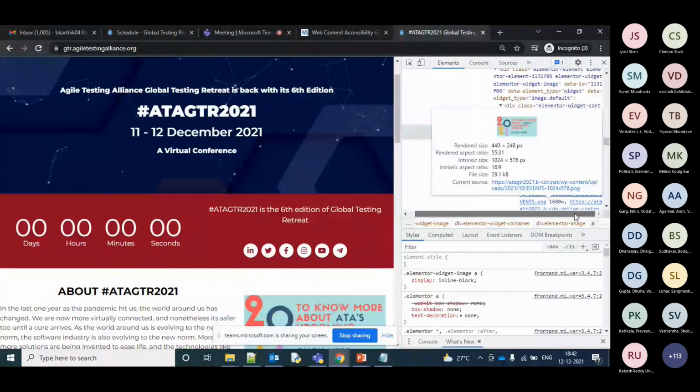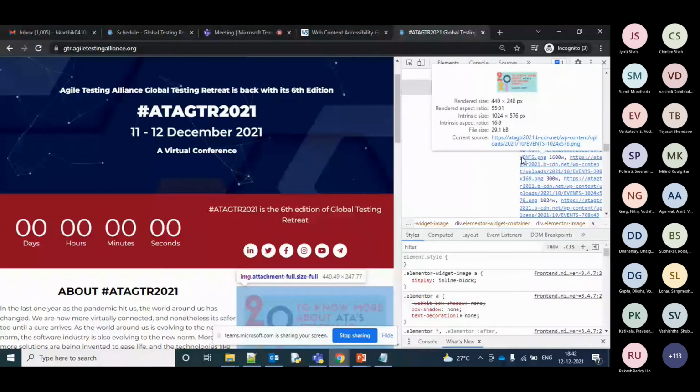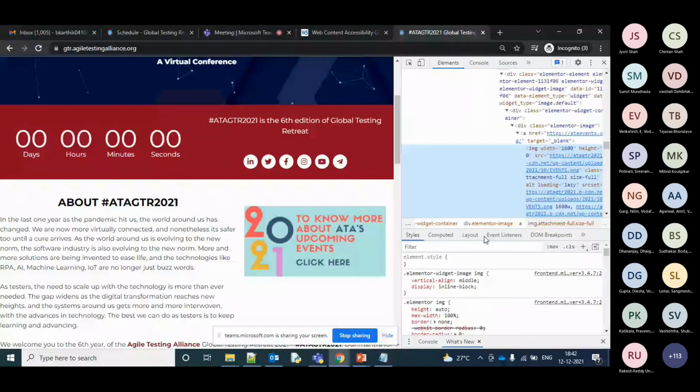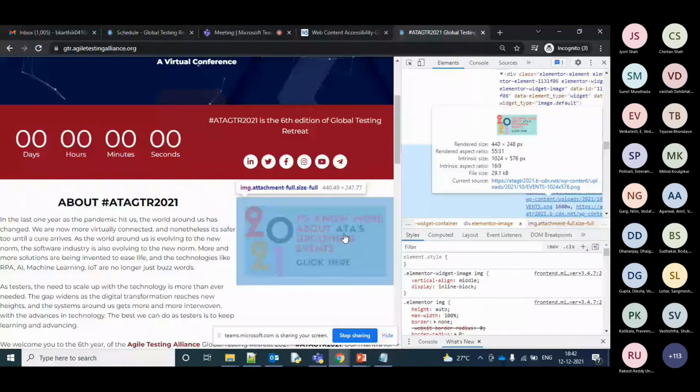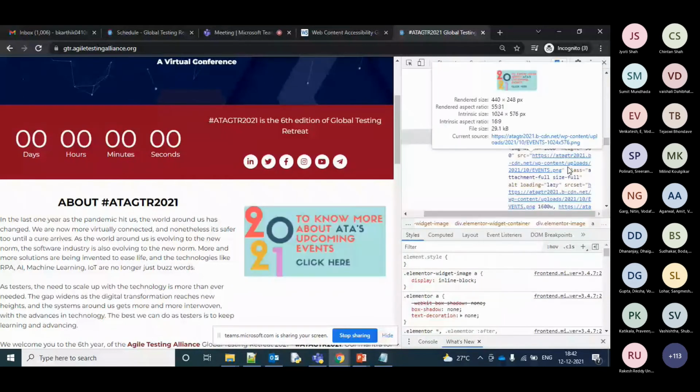Okay, there are some images and links that don't have an alt. So I look into the code. Okay, so this was again a condition. As I told you, the alt text also has to be present. This link was without any alt text and other things, so that's the reason it has been marked as an error.